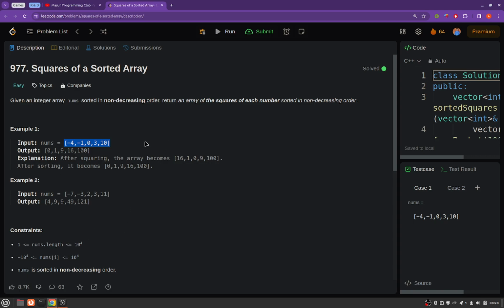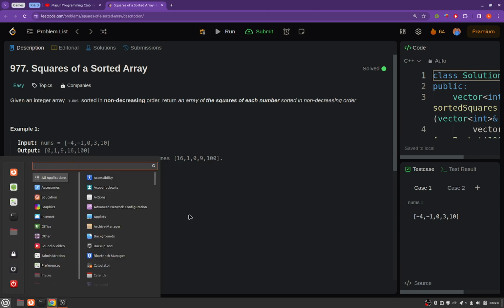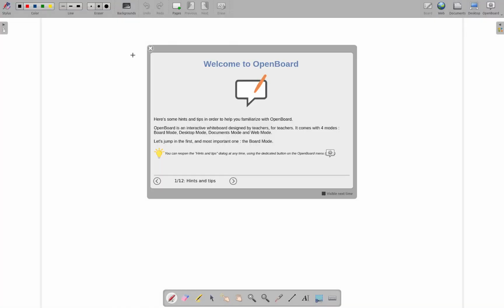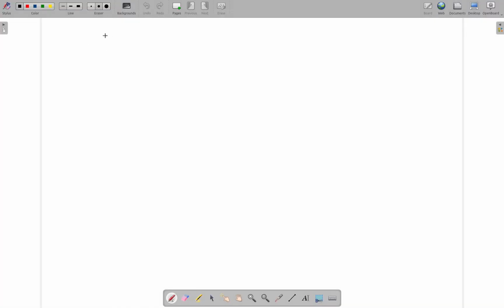the challenge here in this particular problem is that there can be negative numbers also. So if you see the constraints, first of all, the length of the array is of order 10 raised to power 4, and elements are ranging from minus 10 raised to power 4 to 10 raised to power 4, and the initial array is in increasing order, or you can say non-decreasing order. So the challenge is that